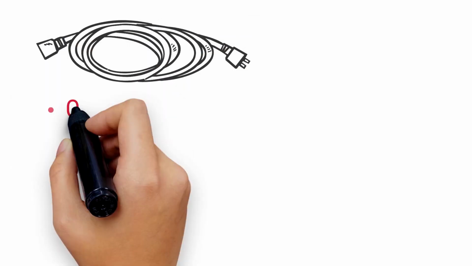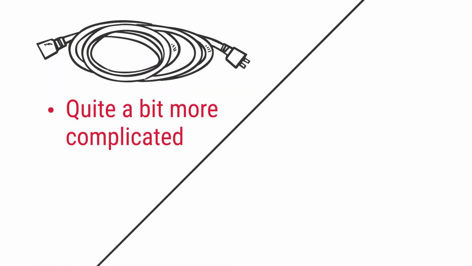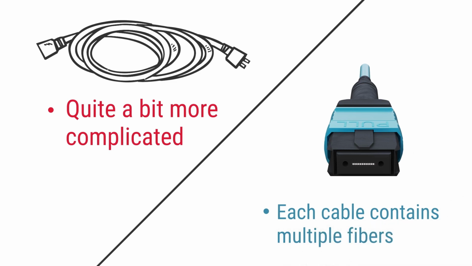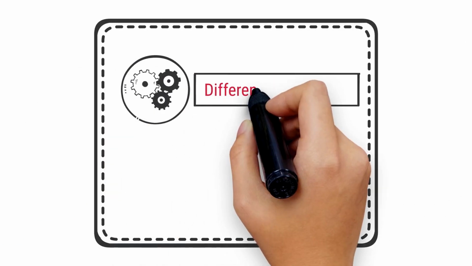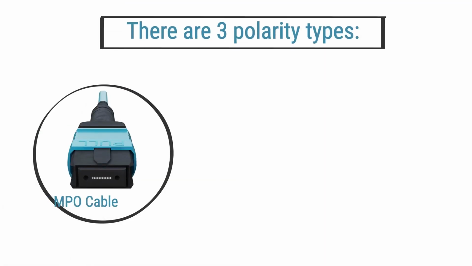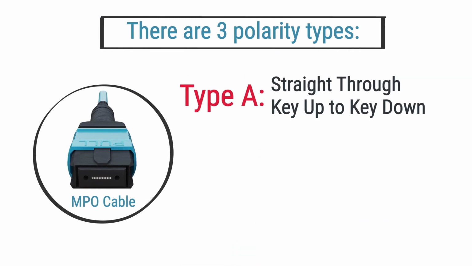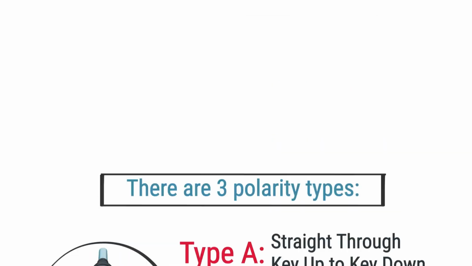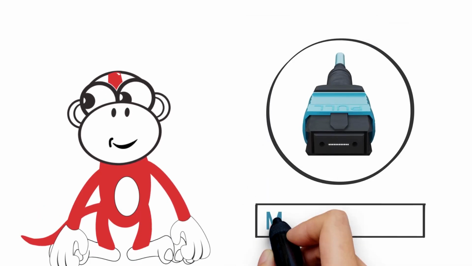The concept gets quite a bit more complicated with MPO cables due to the fact that each cable contains multiple fibers. In addition, different applications and use cases require different configurations. This is why there are three types of polarity when it comes to MPO cables: Type A, Type B, and Type C. Before we dive into explaining these, let's take a second to familiarize ourselves with the basics of the